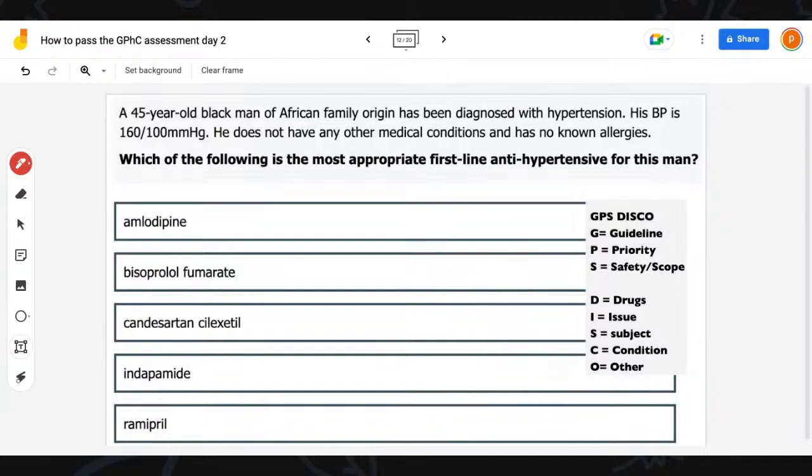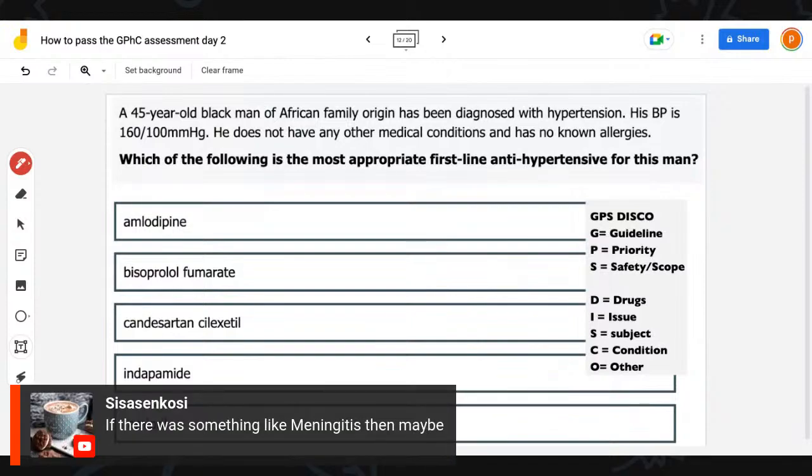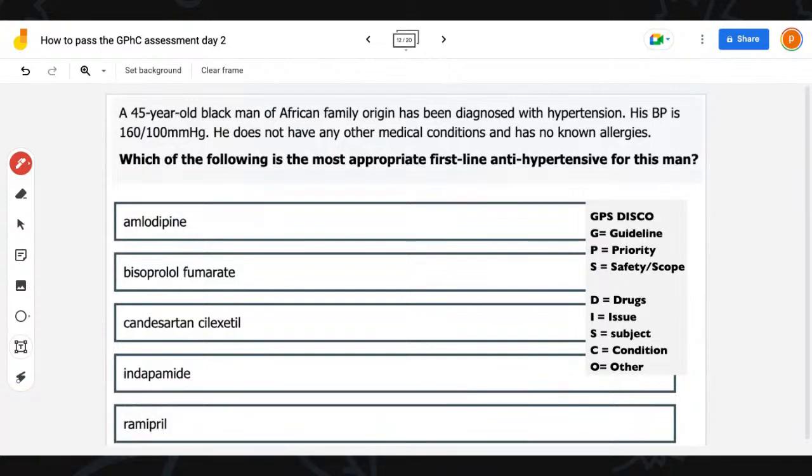Okay, if there was something like meningitis, exactly. So, and you would know. Remember I said to you guys this, that's why you don't have to worry. The GPhC exam is not like your mock questions. They will be clear and they will be concise. If it is really something that you need to refer to the GP, there will be some things in there that are sort of red flags. Okay, they will give you a hint. If there are no red flags, then it's definitely something that they want to make sure that you try to at least treat that patient in the pharmacy.